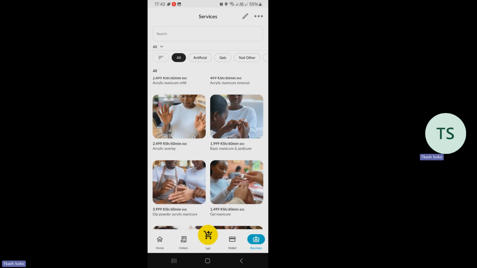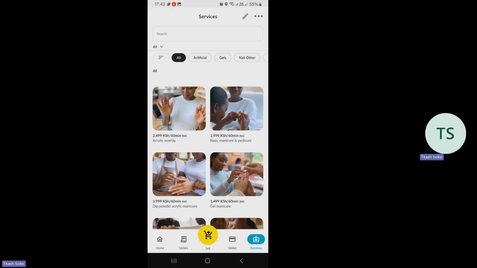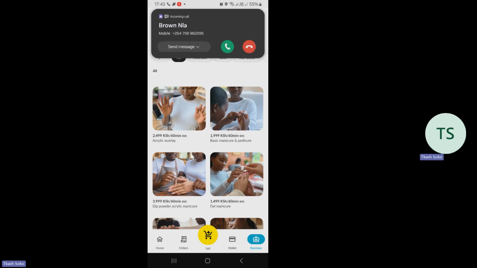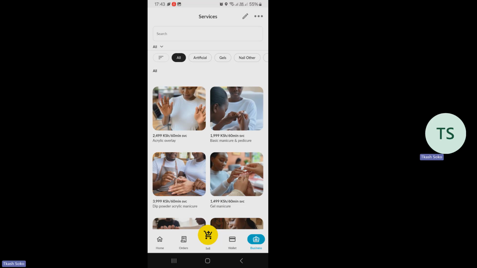So this is this service. If I don't offer this service at all, how can I delete it? Because remember, how did AI come up with this information? It got this information online from such kinds of businesses. So it went and exploited online, saw people who have nails services, that they offer this kind of services and also charge this amount of prices. So when they see that, that is when they bring this up to your shop so that it appears similar to what other businesses are able to offer.